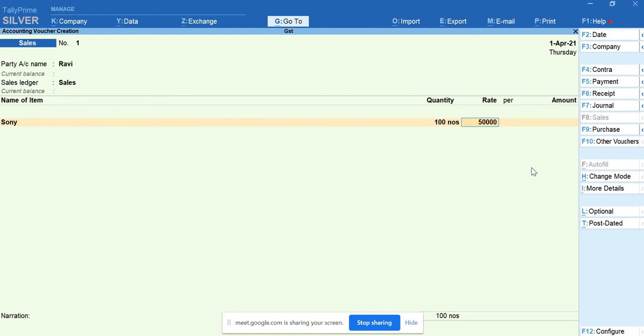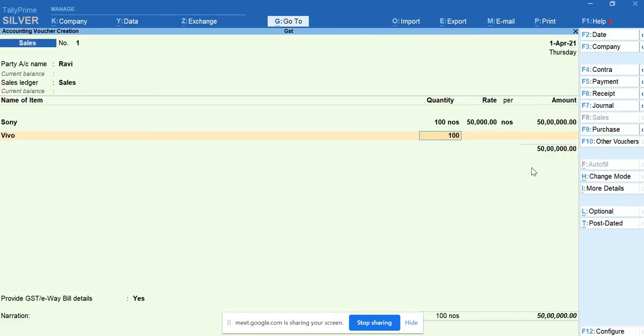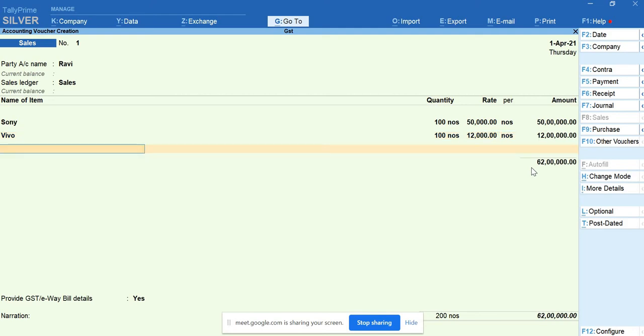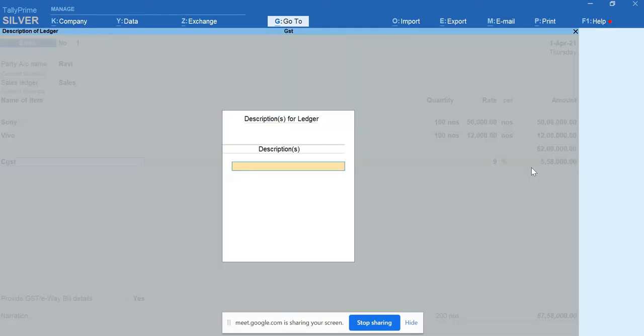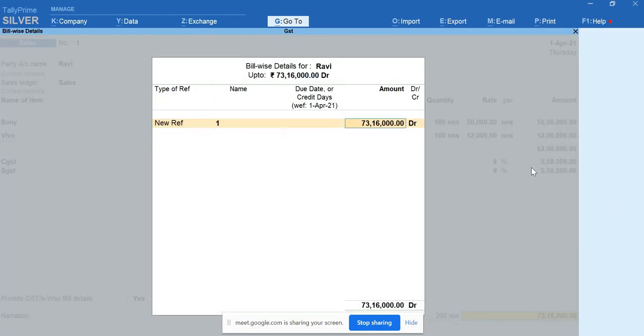I'll sell this for 50,000 each. Right after this, Vivo, I'll sell all the 100 quantities. Have purchased for 10,000 each. I'll sell this for 12,000 each now. Right after your total amount, add CGST to that and also SGST. So that means we are done making the purchases and also we are done making the sales.